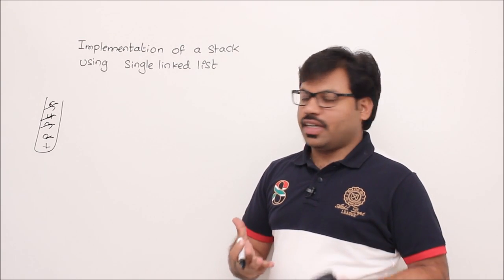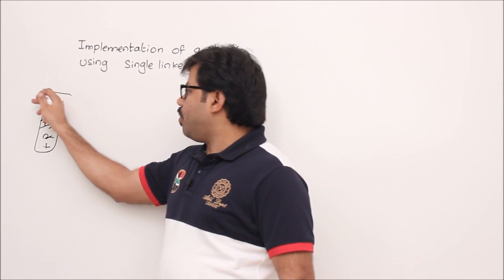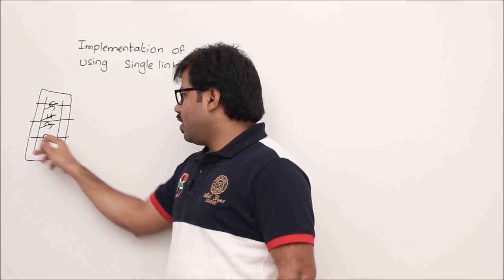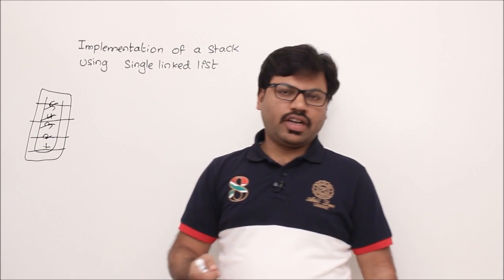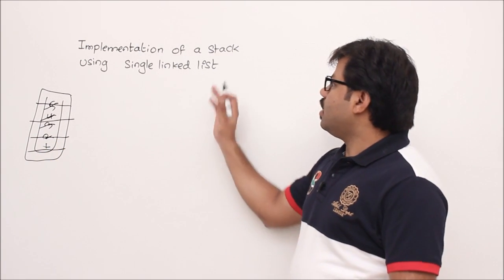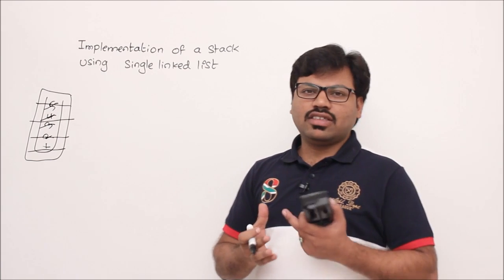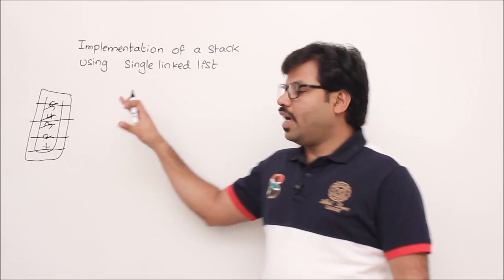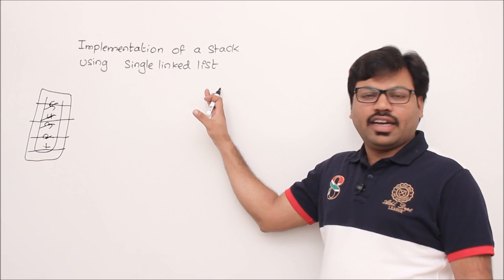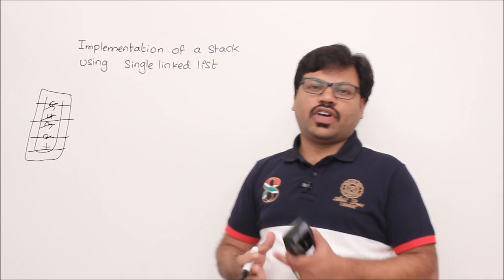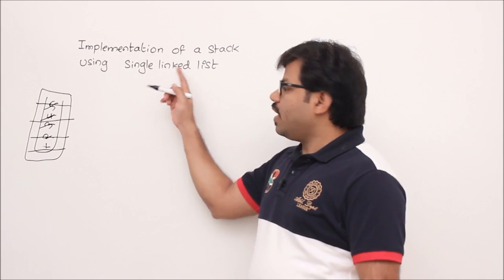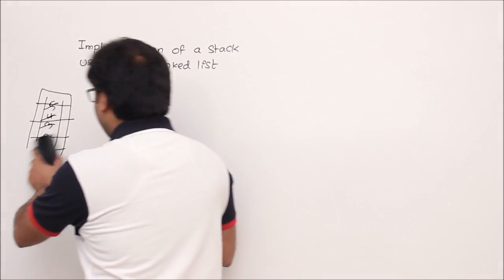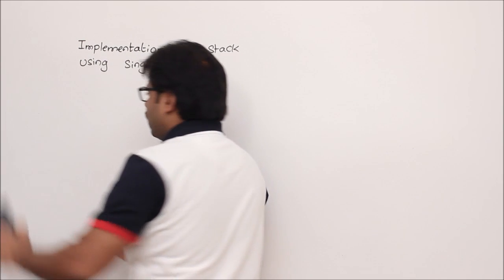When that is a possibility, then if you try to implement your stack using a rigid array or fixed size array, then definitely you face problems, right? That's why here linked list will be the best thing, where linked list is a dynamically growing data structure, right? So in linked list also, at any time we can add data, and at any time we can delete the data. That's why I can say that I use linked list to implement stack. So definitely I will get the best possibility. How to do that? We'll see.